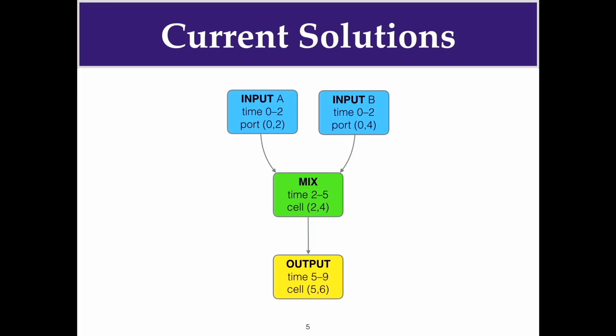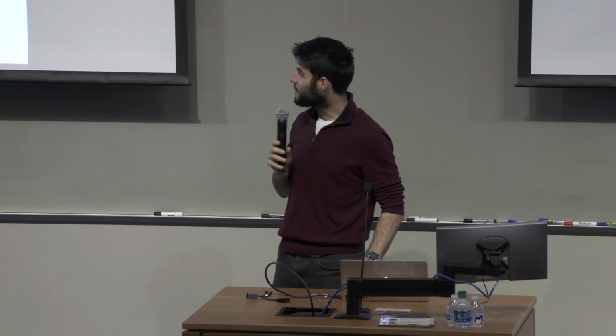This is a simple one. You input two things, mix them, and then output them. Right, and the edges connect the data flow, the droplet flow in this case. And currently, the way things work is you take that